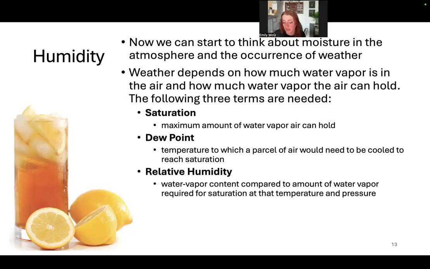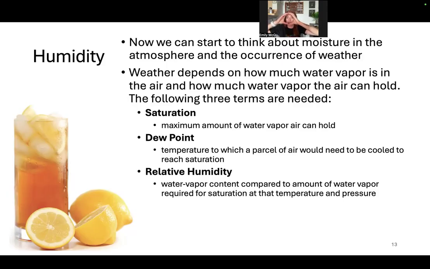And then relative humidity is the water vapor content compared to the amount of water vapor required for saturation at the temperature and pressure. So if this little parcel of air can hold, I don't know, 50 molecules of water, 25, okay, let's make this even simpler. If we can hold 100 molecules of water in this little section of air, which is my face,